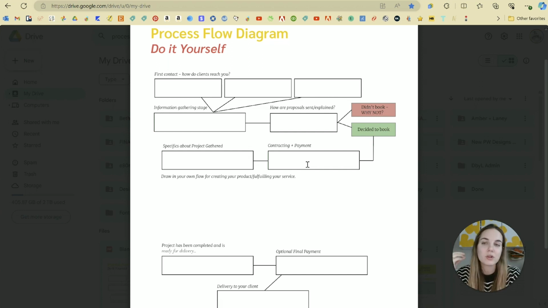And then lastly, just put a little heart near some of the steps that your clients really, really love and seem to respond really well to, because those are the things you're going to want to keep up, beef up, focus on, and that's the main value of what you're providing and why your clients just really dig you. Once you've got this filled out, the first things that I would do are get your branding set up,